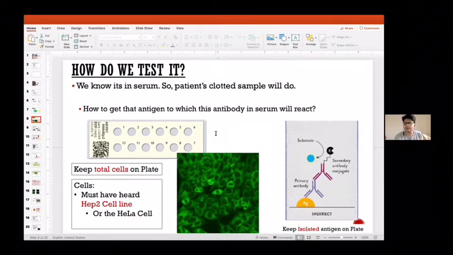Now we say, okay, we do not order ANA at all, but we all are going to do something common, which is called an MCQ exam, where the question may be asked. So this is the HEP2 cell line, which is used for this ANA. And this is your MCQ question: the HEP2 cell line was derived from the HeLa cell. So this HeLa cell, I will tell all of you, just note this down